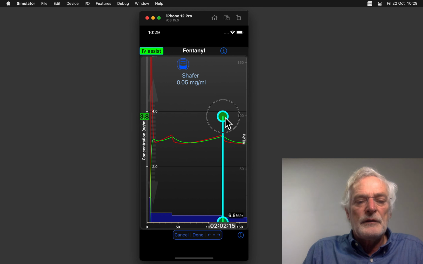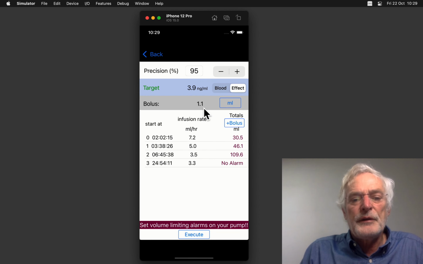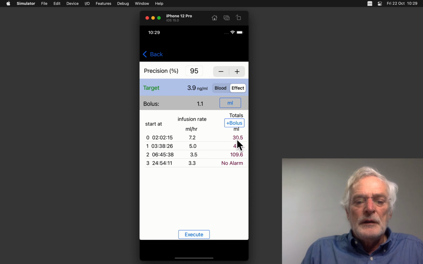And in order to get there, I have to give a bolus of 1.1 ml and change my infusions. We can implement this,